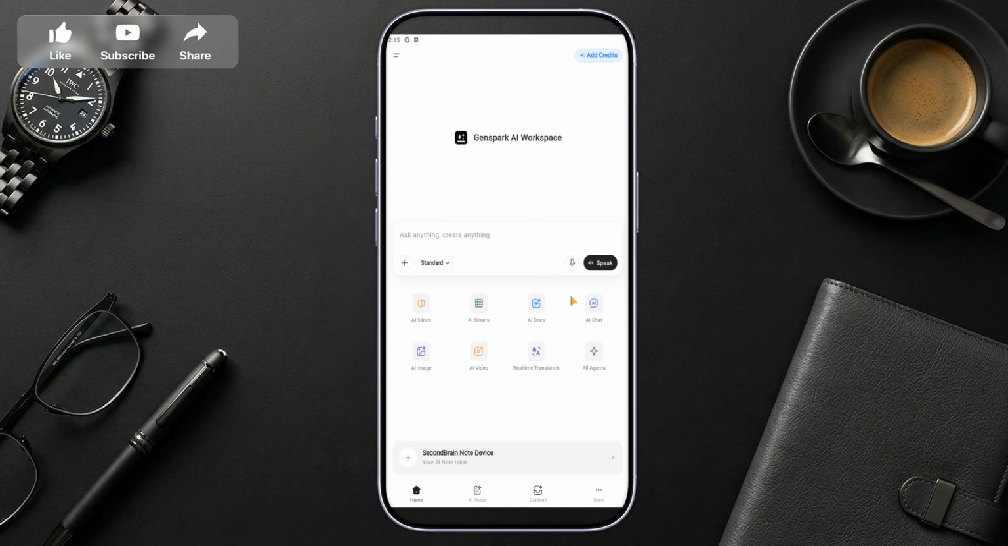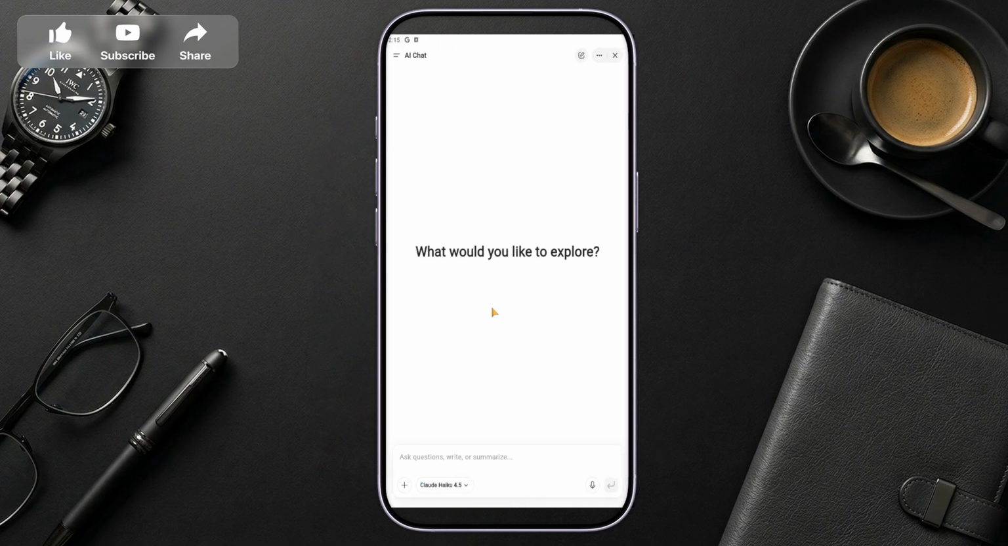Next, tap the AI chat or Spark bar. This is the space where you can enter your request. When you're gathering images, it helps to be specific with your wording so Genspark understands exactly what kind of visuals you want. Type your visual query and make sure to include a request for image sources as part of that